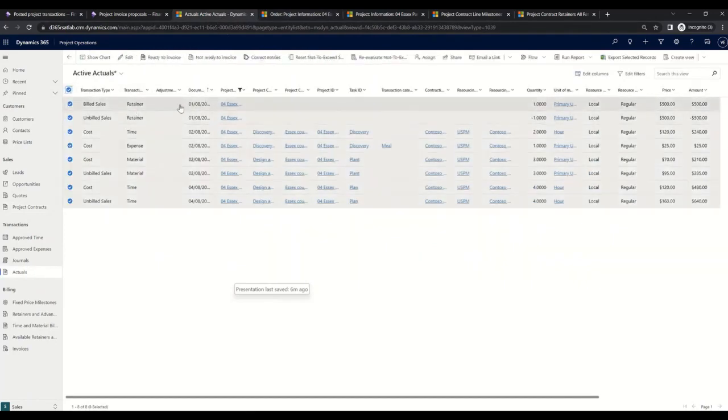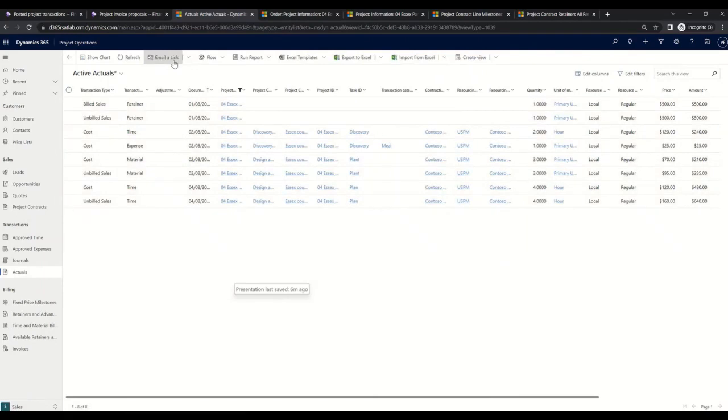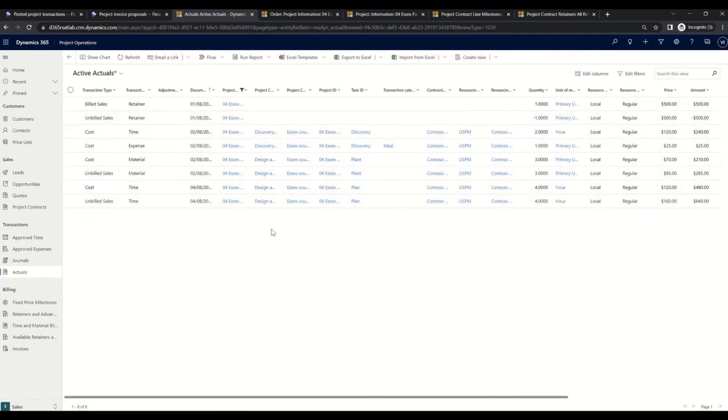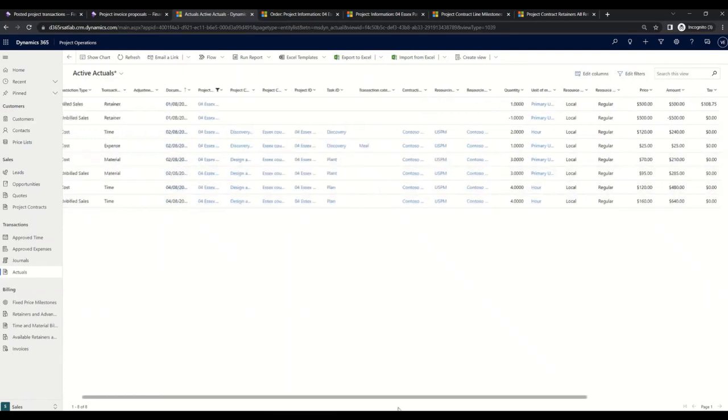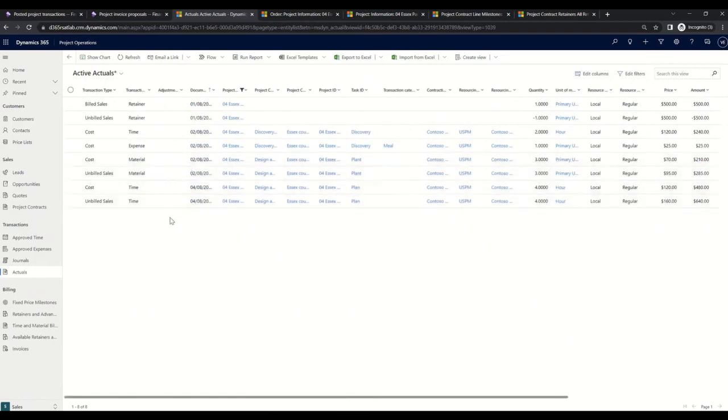So now let's go and mark all of them as ready to invoice. And don't worry, even if you mark all the lines, not all of them will be invoiced to the client. You'll see now how the status has changed. On the lines that need to be billed, we'll see that these changed from unbilled sales to ready to invoice. The others that are only cost will not be picked up by the automation or by the manual creation of pro forma invoice, and will not become part of the invoice, but will only be reflected as a cost on our project and